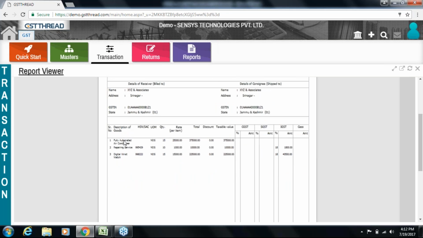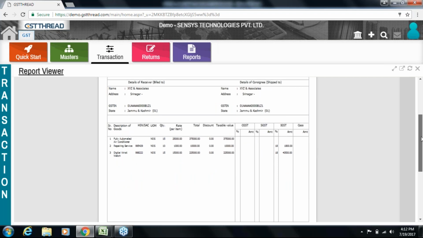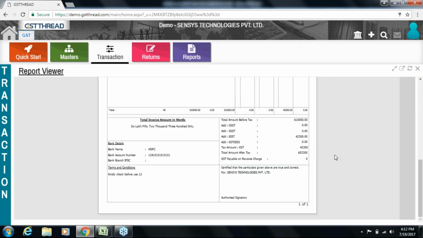Here we provide the details of the goods or the items that we are selling, the quantity, rate, discount if any, and the tax amount. Here we provide the summary of the taxes and the amount that is charged, and the total amount is reflected. The amount in words is shown here, the bank details, the bank name and the account number.